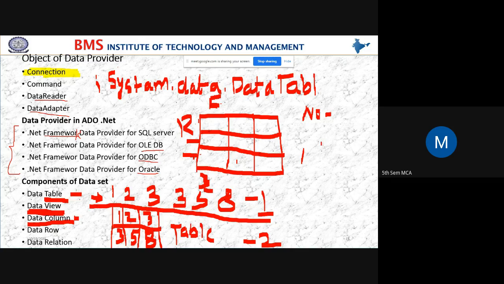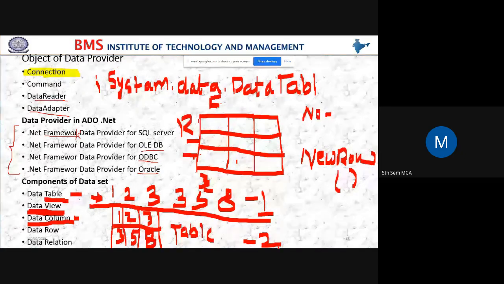And if you want to include a new row, what is the function? The function is NewRow. NewRow is a function to include one more new row in our table.